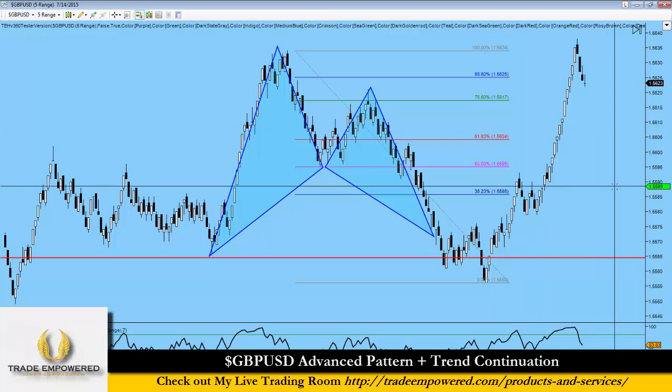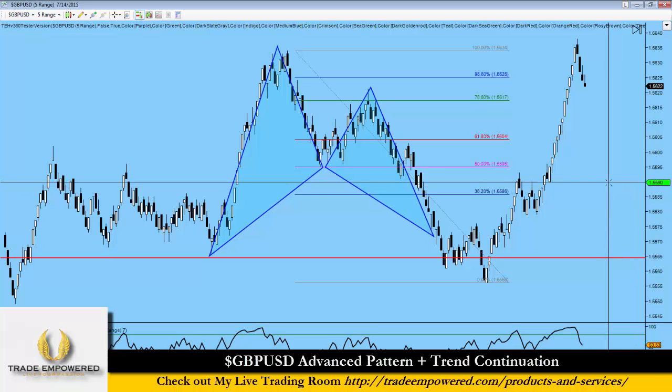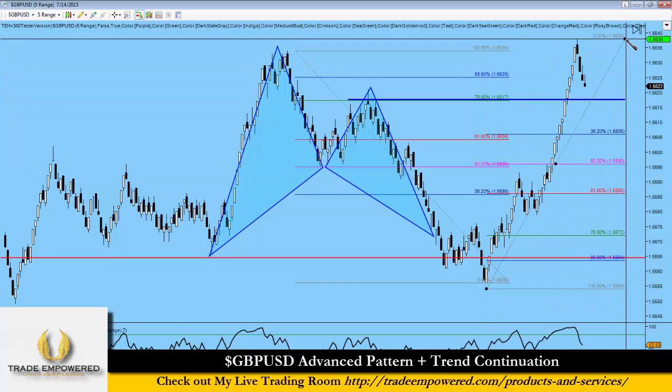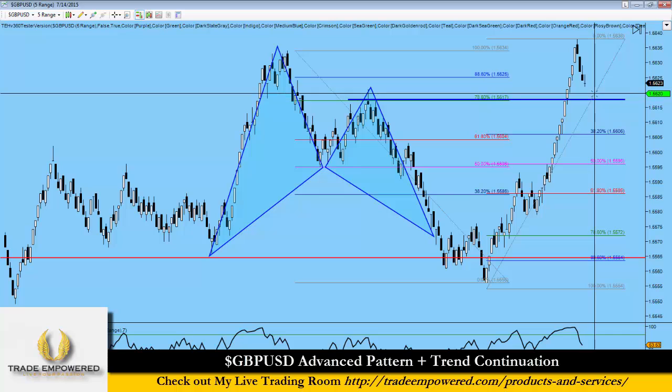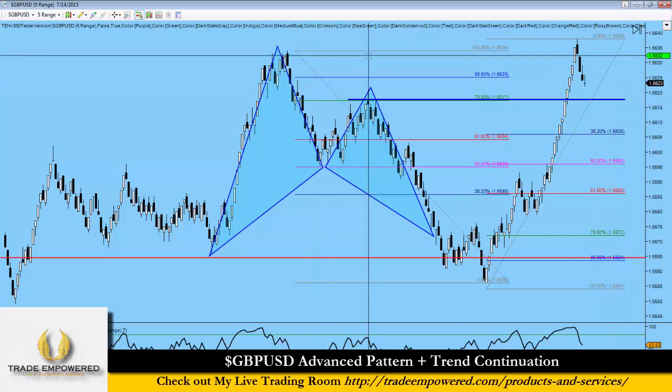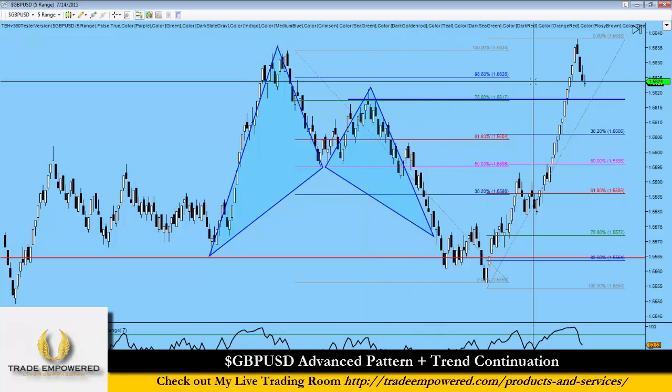What I would expect now with the rest of my position is I would expect to move back down to previous structure right here. That may come in for 382 as well. 382 is going to be a little bit lower. I would expect to move back to structure in either a double top or a trend continuation. I think it's going to be a little difficult to break this level. This is why I wanted to get out at this level. But you never know. At least half the position's off. Stops are at break even, so you can't lose money with it. So that's a little longer than I expected. That's a brief look at what I want to show you guys